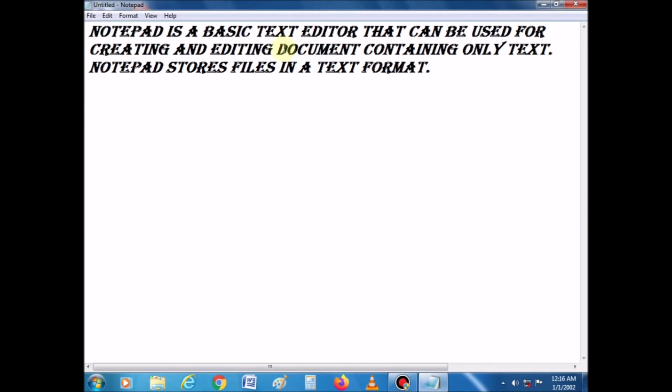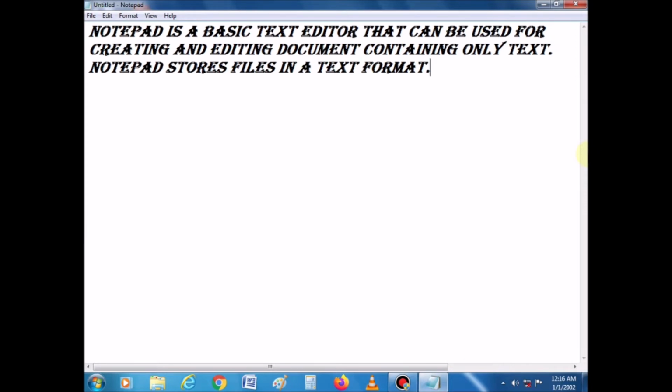Suppose we have typed some letters by mistake, so we can use the backspace key to remove that letter, or the delete key to delete any letter.